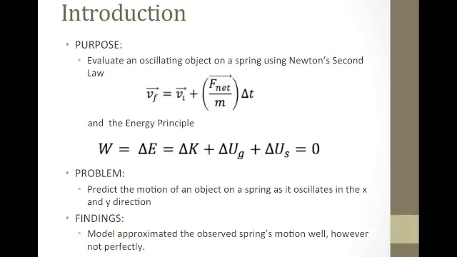the energy principle, which is work, which is equal to delta E, which is equal to delta K, the change in kinetic energy, plus the change in potential of gravity, plus the change in potential energy of the spring, which should all be equal to 0. And the problem with this was to predict the motion of an object on a spring as it oscillates in the x and y directions. And we found that the model approximated the observed spring's motion well, however not perfectly, which we will talk about